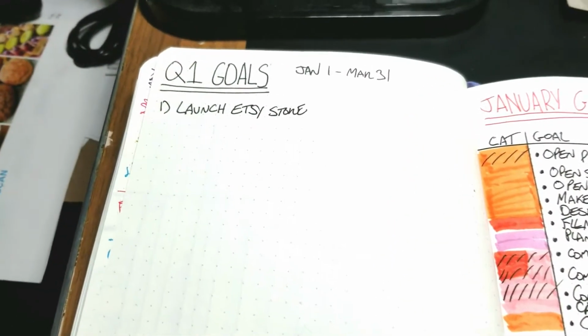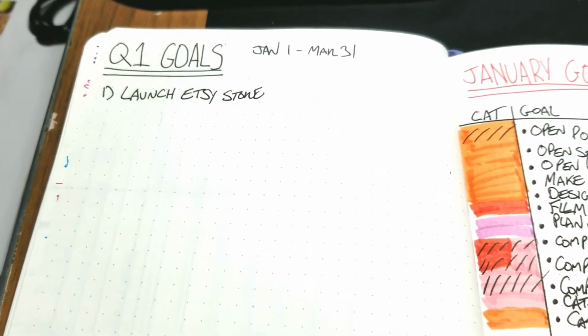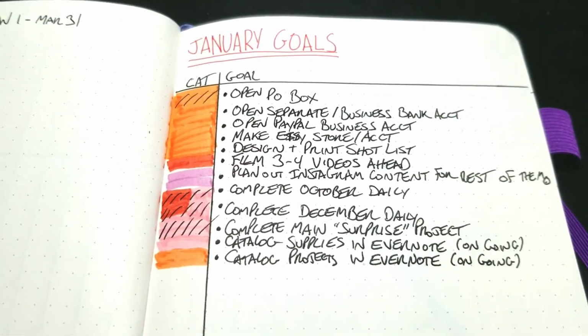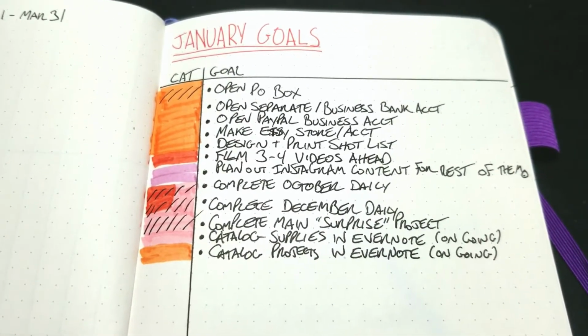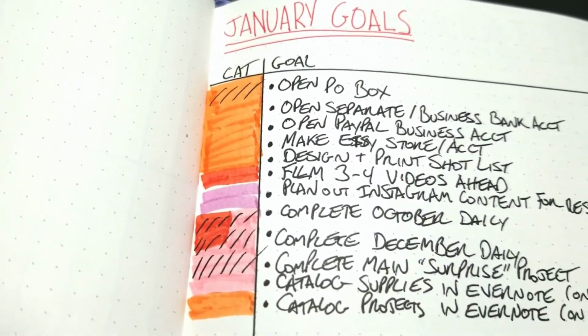And then for my more date-specific goals, I still only have launched the Etsy store for Q1. Unfortunately, that might have to move to Q2, which will suck, because that's not what I want, but you can see here in the January goals, I didn't make quite as much progress as I would have liked. And I did say that I kind of expected that, because I didn't actually come up with them till mid-January, but I only really made progress on a few, which is the ones that I put the little hash marks on the category,